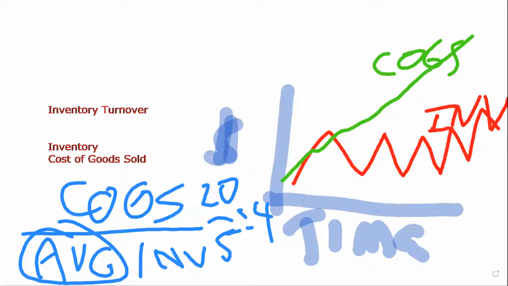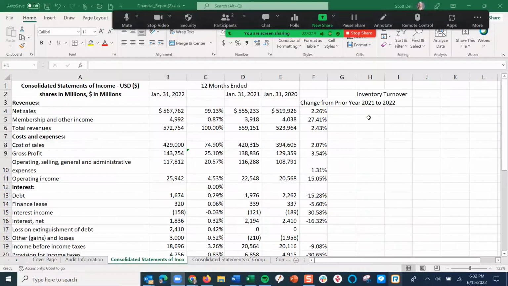So let's go back, and I'm going to go ahead and clear this, and we're going to take a look and see if we can mix our balance sheet items and our income statement items and go back in our analysis on the spreadsheet. So I told you I need 2 things. I need my cost of goods sold. It's called COGS here, cost of sales. That's the terminology that Walmart likes to use. And I need average inventory.